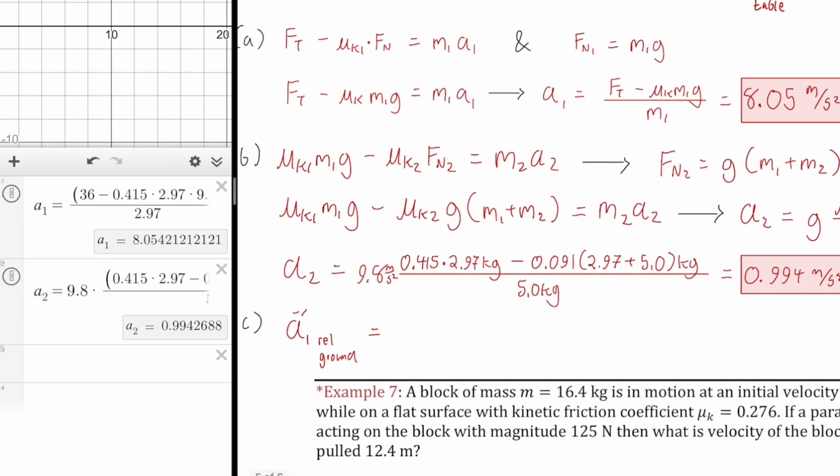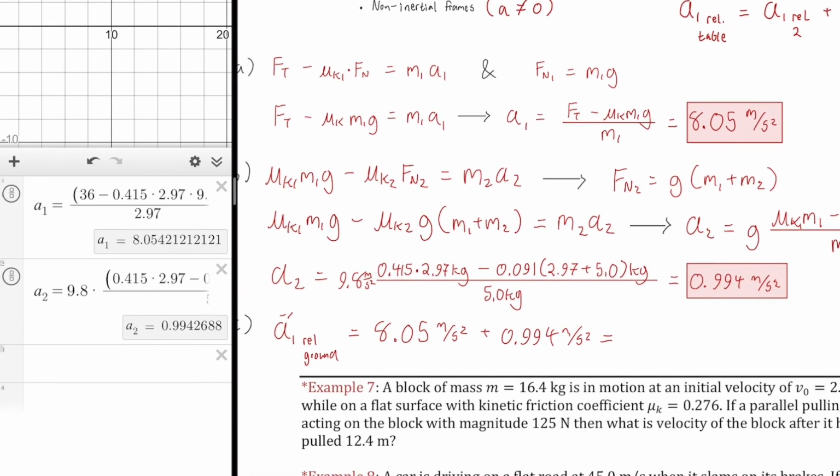So we are on our last step: 8.05 meters per second squared plus 0.994 meters per second squared. So in an inertial reference frame,